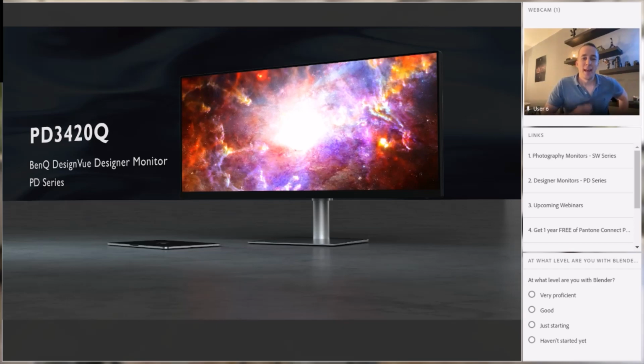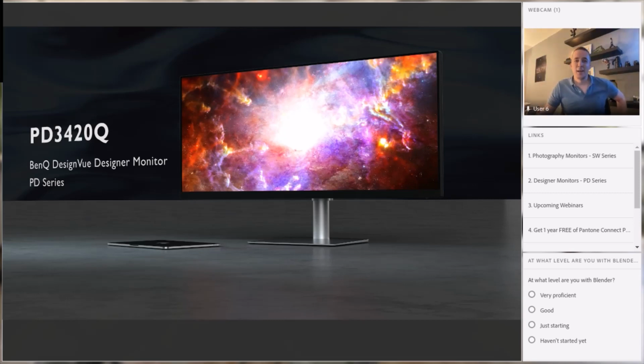We are now here. Okay, so I want to remind you to vote. There is an ongoing poll right now about what level of Blender you are. I don't know how many of you voted, but in case you didn't, I will give you 15 seconds just to vote. This is just for me to see how many people are actually familiar with Blender, because today